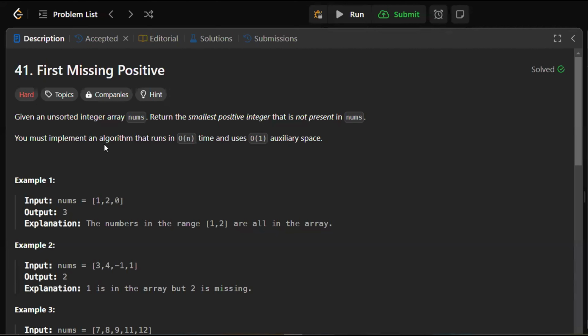Hello everyone. Welcome to the solution of LeetCode problem 41 named first missing positive. In this problem, we are given an unsorted integer array and we have to return the smallest positive integer that is not presented in the given array. And we must implement an algorithm that runs in big O of n runtime and use big O of 1